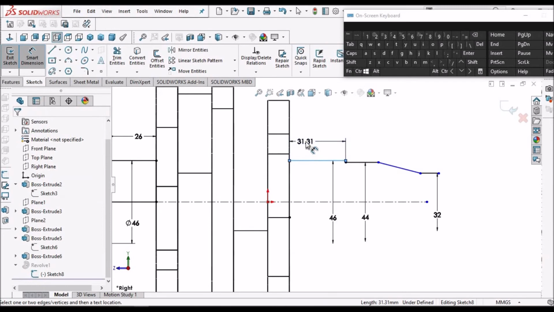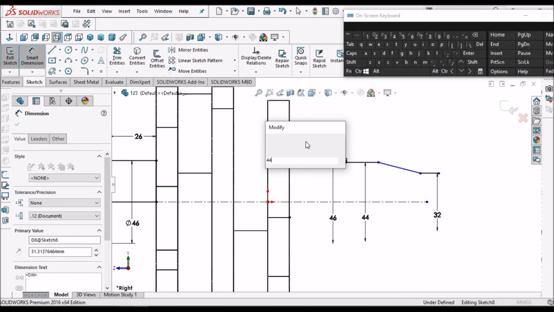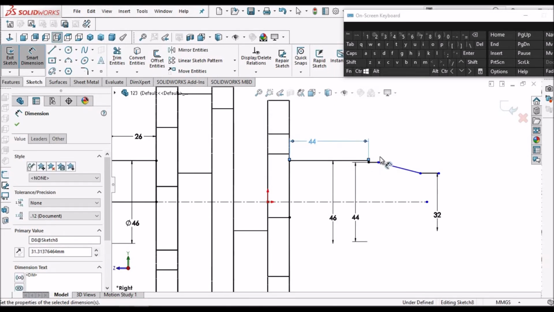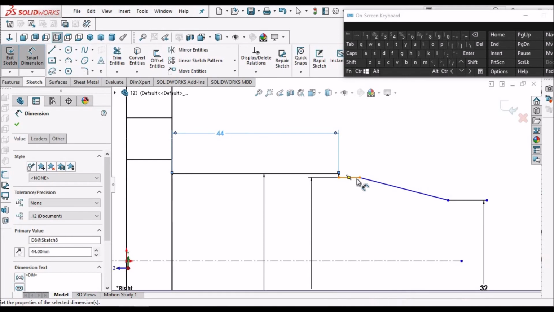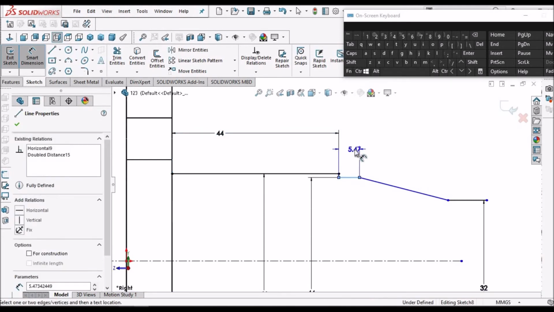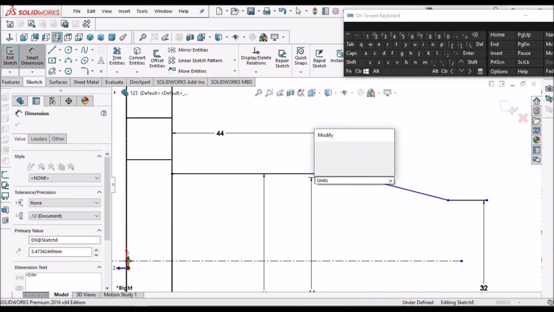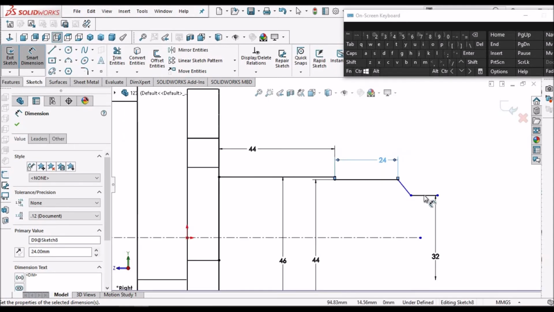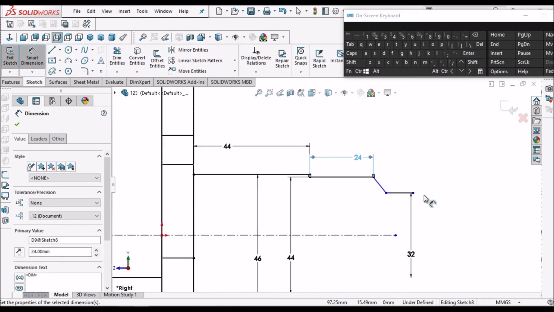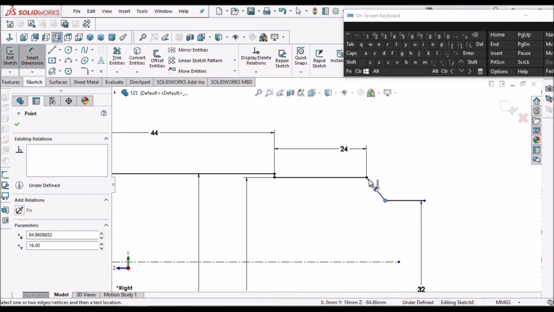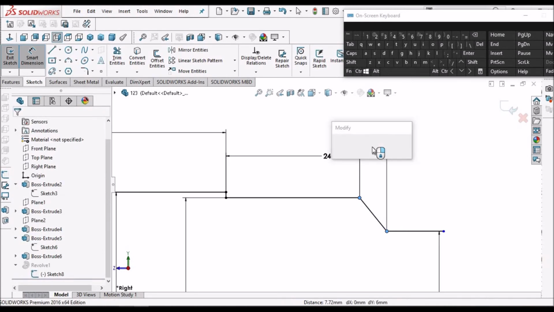This distance is 44. This is 24. This is 40.